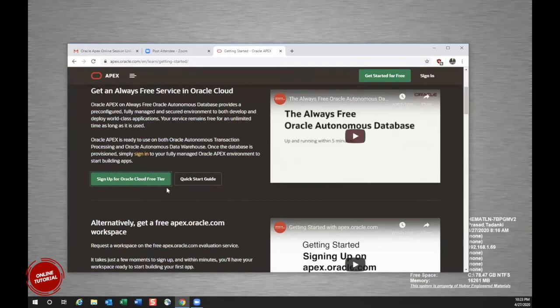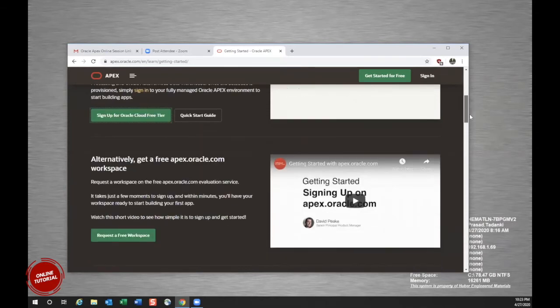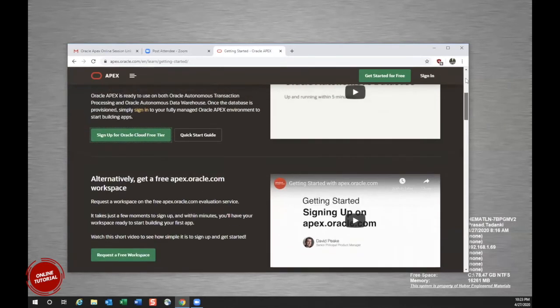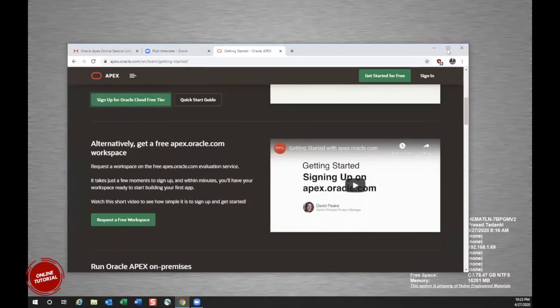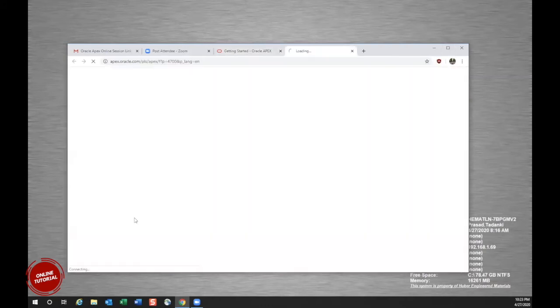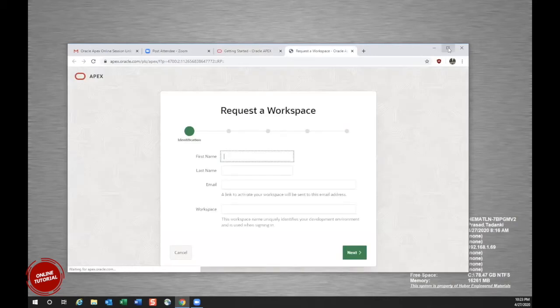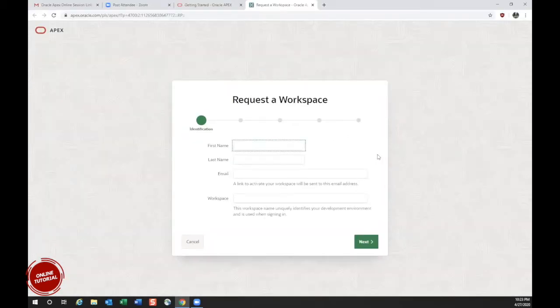So, this is where I went to. No, I don't think this is the right one. Just click on this Oracle app. Right in the request, you have to go down. One second. Go down. Yeah. Request for a free workspace. You have to click over there. Yeah, right. Just give your details here.